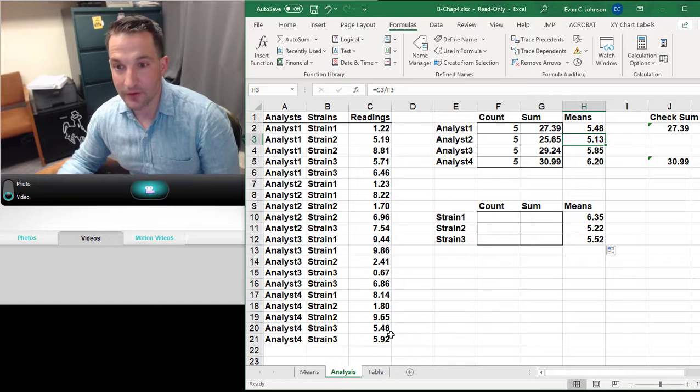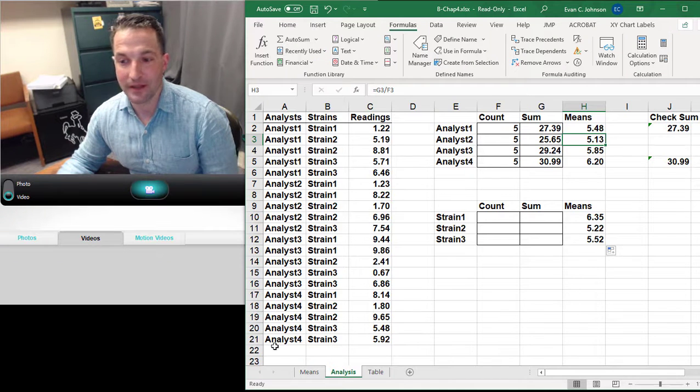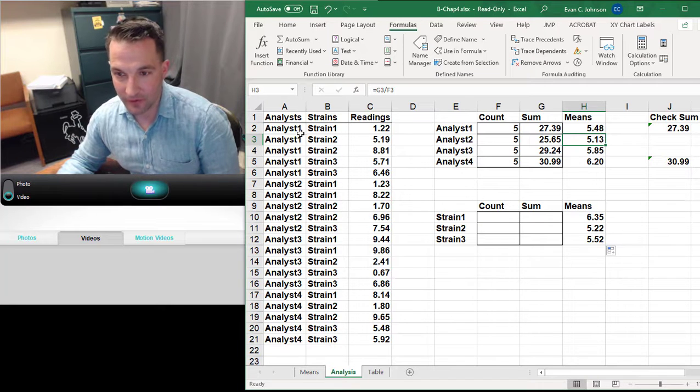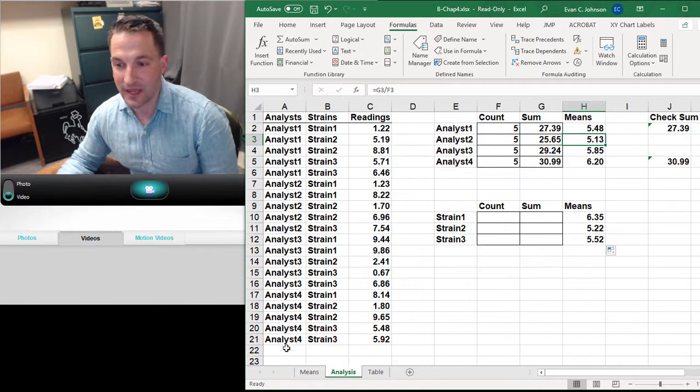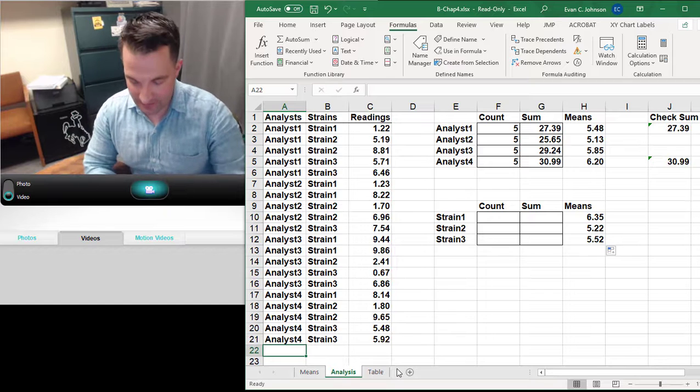Now, there's one other way to do this. If we don't want to necessarily do it this way, the problem with this lies in that as we add rows to this, let's say you did this as part of a preliminary analysis, but you were planning to add some more analysts in. Well, you'd have to start over from scratch once you did that. Remove all of the names that you put in there, because as you add rows, if I put an analyst